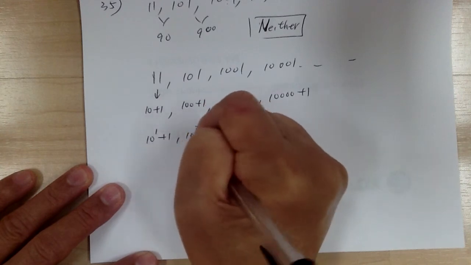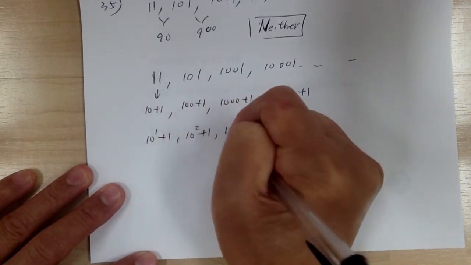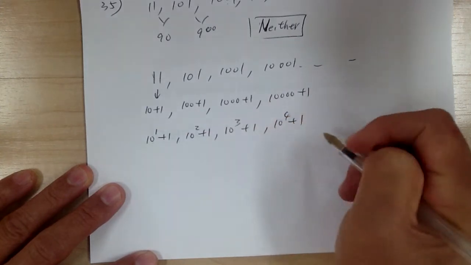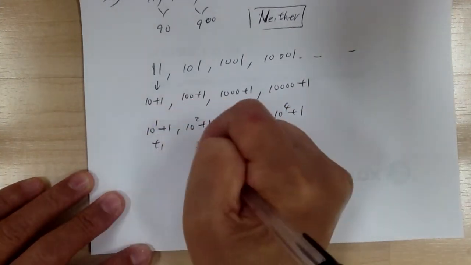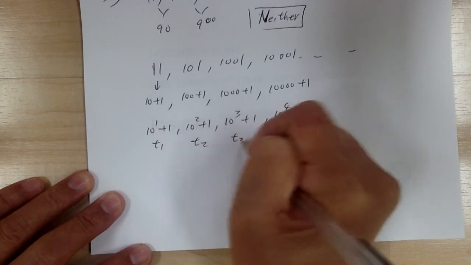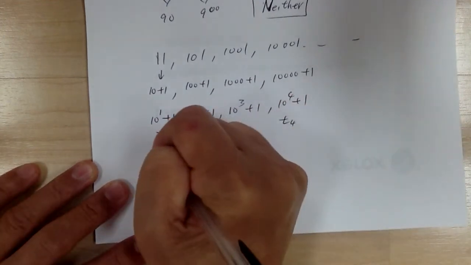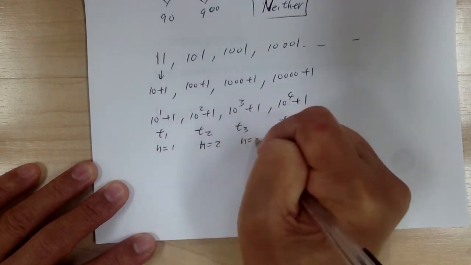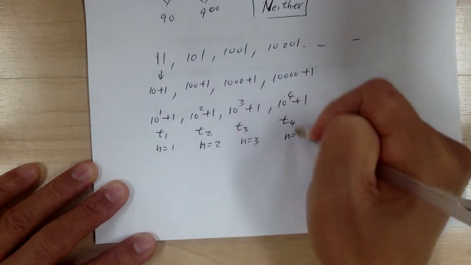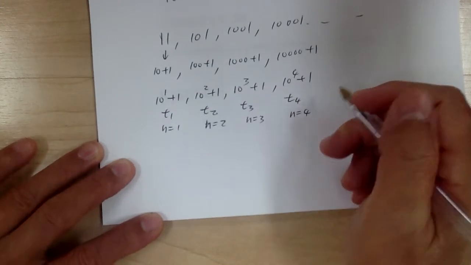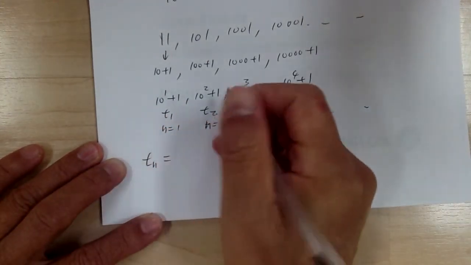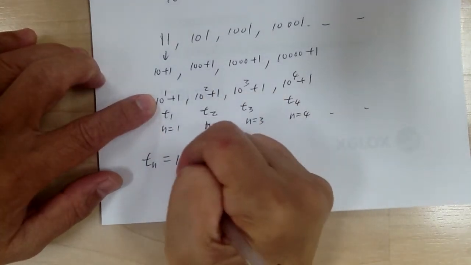This is 10 to the 2 plus 1. 10 to the 3 plus 1. 10 to the 4 plus 1. Okay? And so here's your T1, T2, T3, T4. So here n equal to 1, n equal to 2, n equal to 3, n equal to 4. So try to look for the relations between the two. Dot, dot, dot. So they can see that T of n would be equal to 10 to the n plus 1,